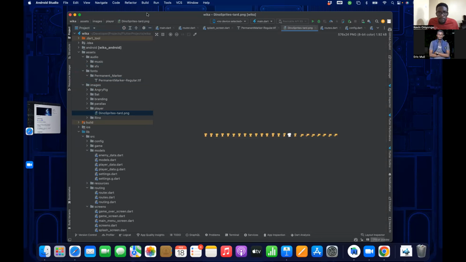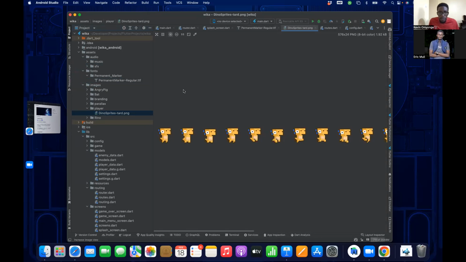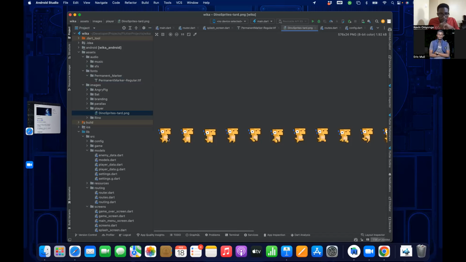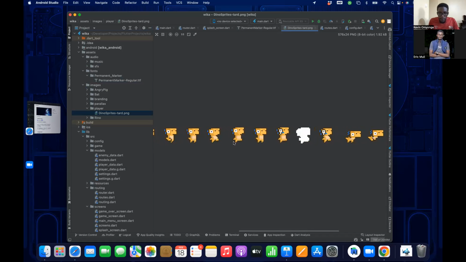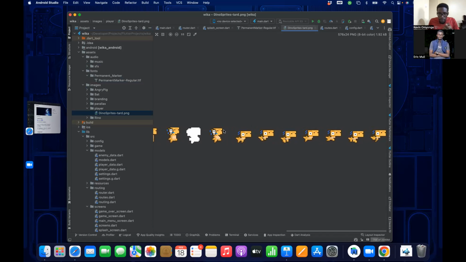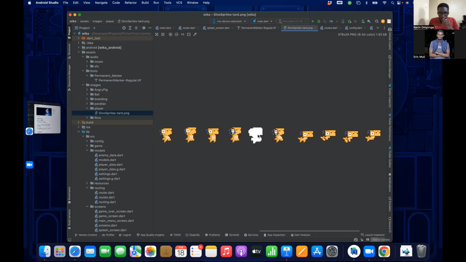So these are the sprites that I mentioned before. It's just a collection of images, each one in a different pose. So there's one where it's standing still, as you can see here, then takes a step, all of that. And then this is for when you receive a hit. So when you receive a hit, you flash white, show that you're injured. And this is for when you're jumping, when you bend down to dodge. But I didn't manage to implement the bending. So that's still a work in progress.